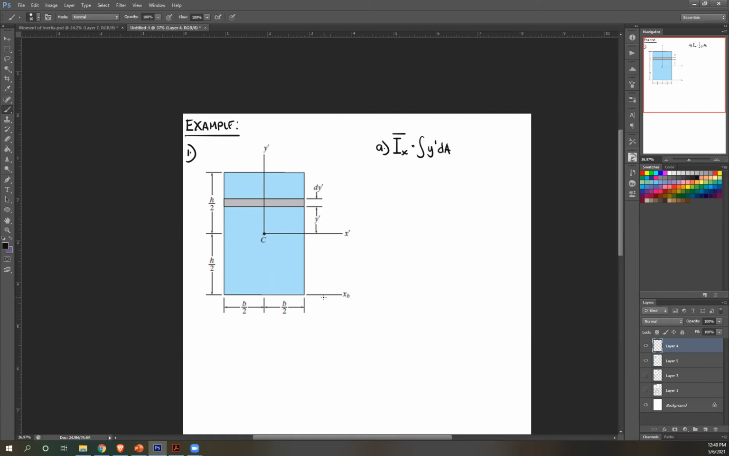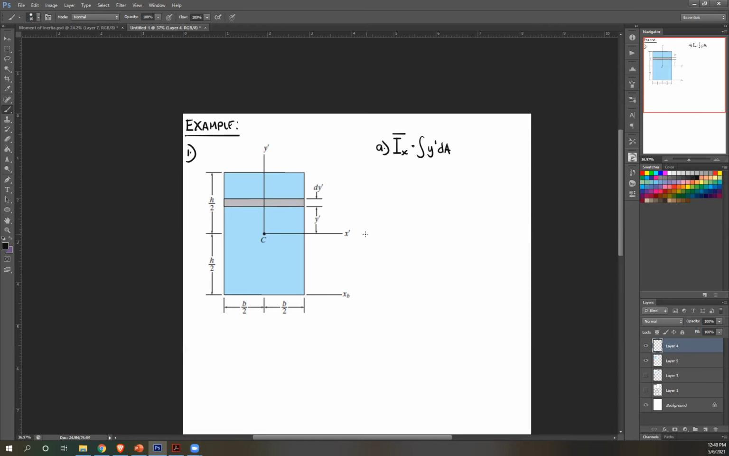Okay, so the next step is to select your differential area. As you can see in the figure, it can be a rectangle. So usually, you want to select your area or your strip, in this case, parallel to the axis in question. The axis in question is your centroidal x-axis. So we need an element that is horizontal as well. So that is where this drawing comes in. Okay? So this is a differential area, a differential strip, and we call that your dy prime,